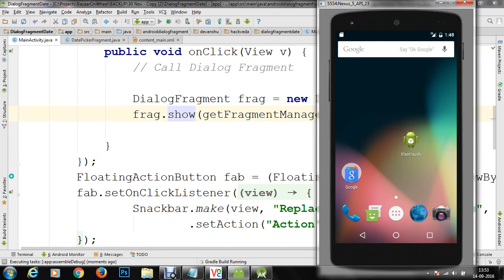The Gradle build is running. It will quickly compile your application, turn it into an APK file, sign it with the IDE signature, and test this APK file on your mobile phone. We are using Android emulator Nexus 5 with API 23 installed, and API 23, you all know, is Android Marshmallow.